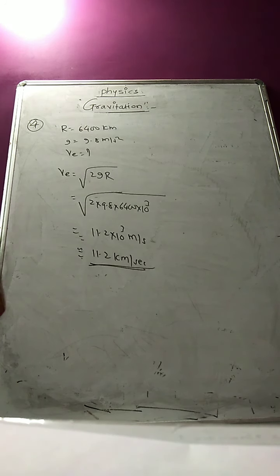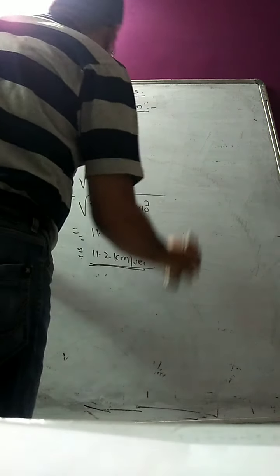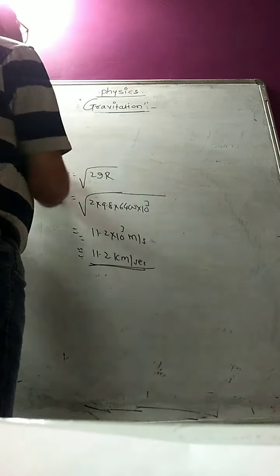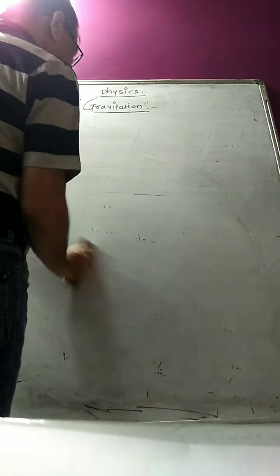This is how you are able to find the solutions to different problems. Now we want to find out the distinguishing points between critical velocity and escape velocity. That will be the last point. I will tell it to you, and after that we'll stop here. So the next and last point is to distinguish between